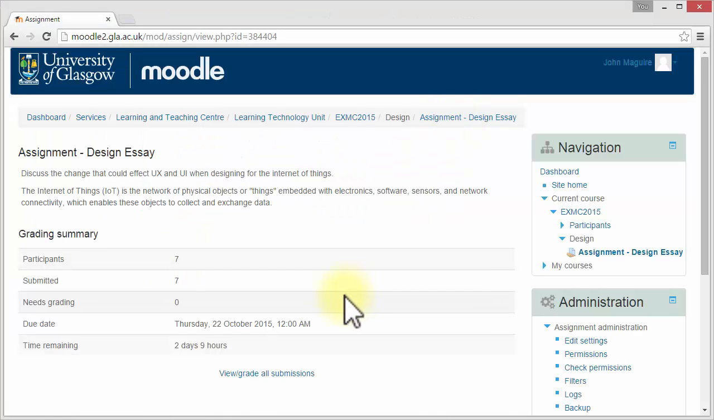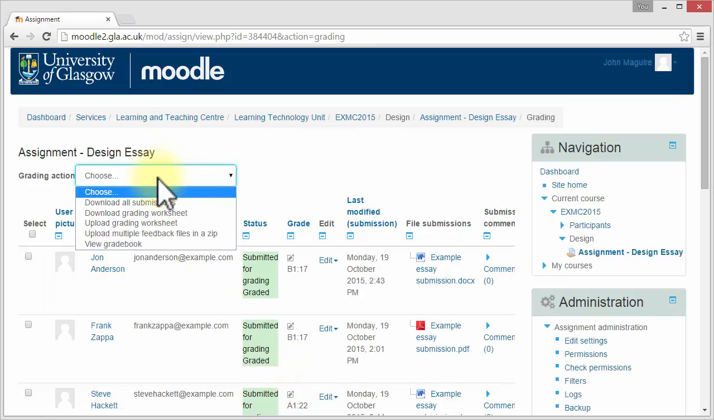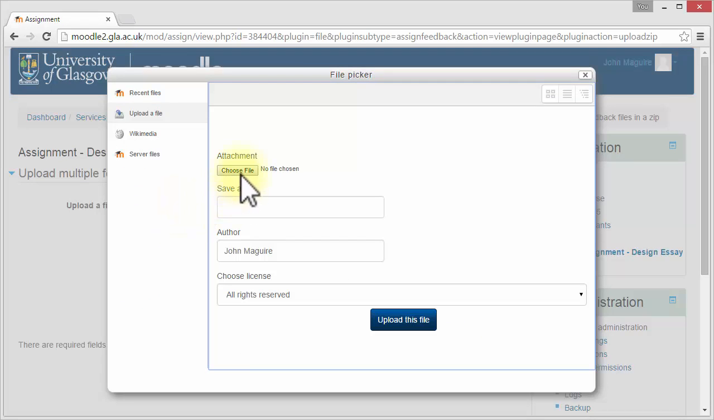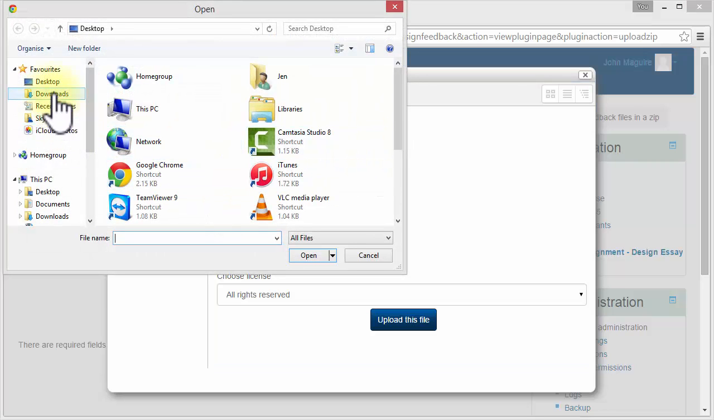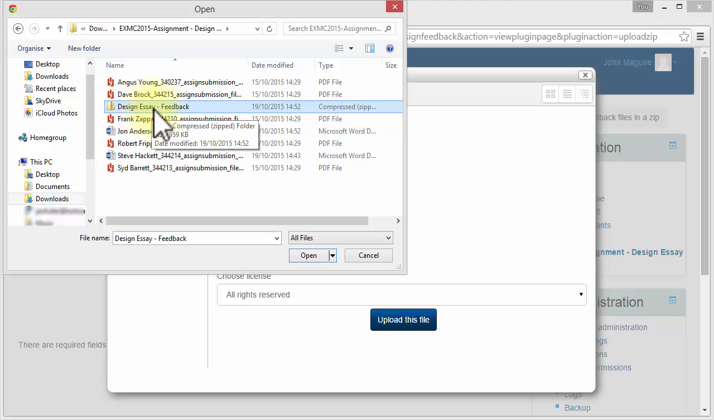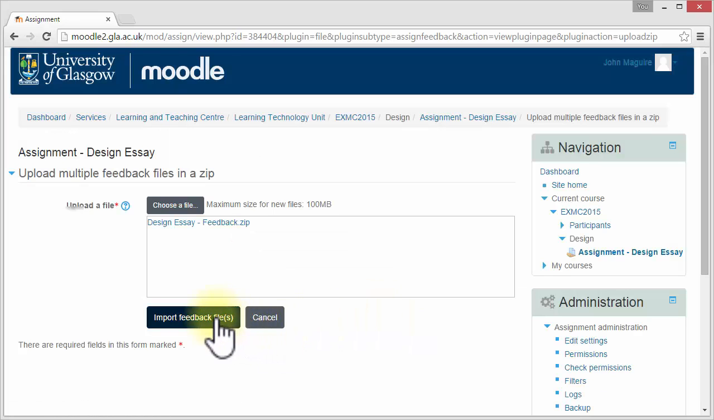So to upload the feedback that you've created, I hit the View Grade All Submissions, and I choose Upload Multiple Feedback Files in a zip. Choose File. Find them now. There we go. So I choose that design essay feedback zip that I created, open that, and I upload this, and I choose